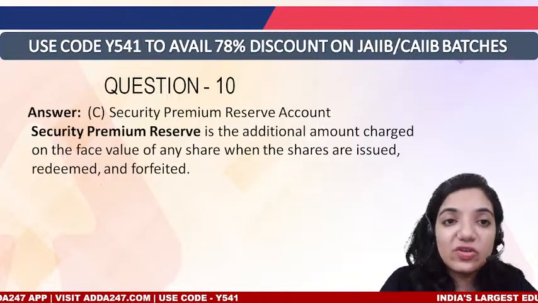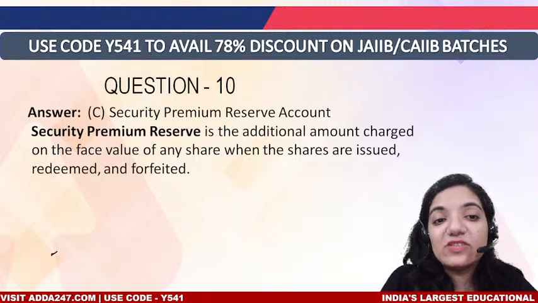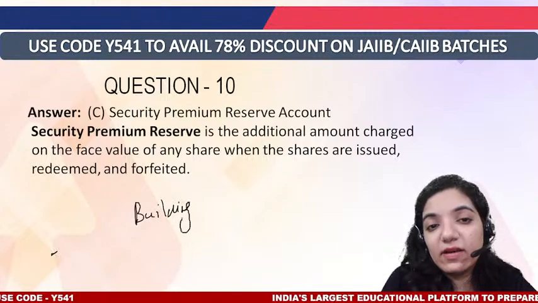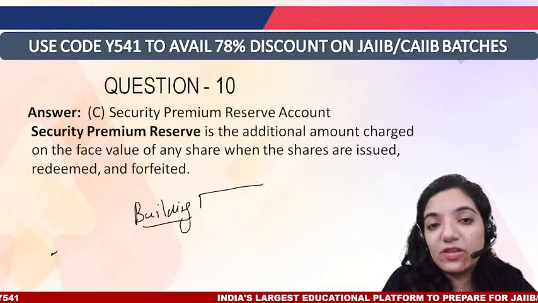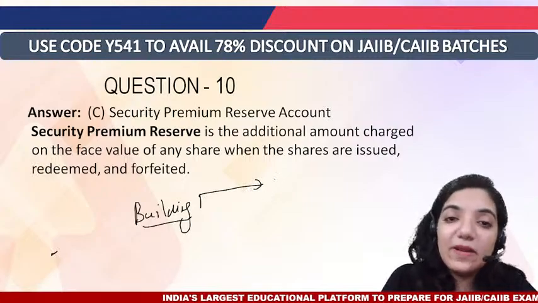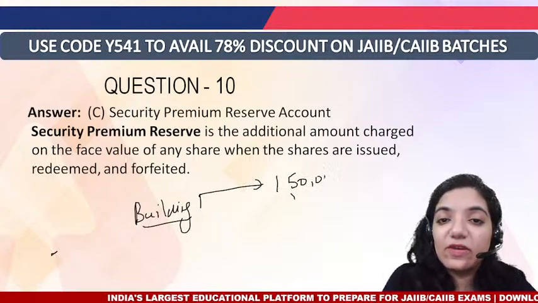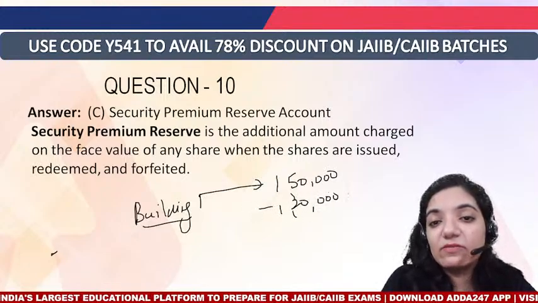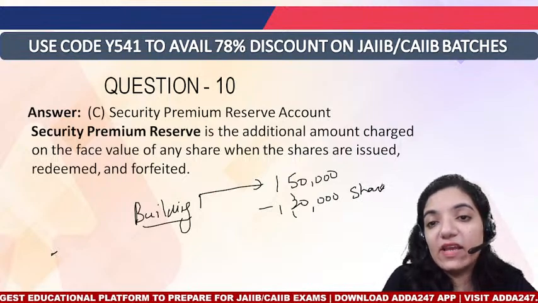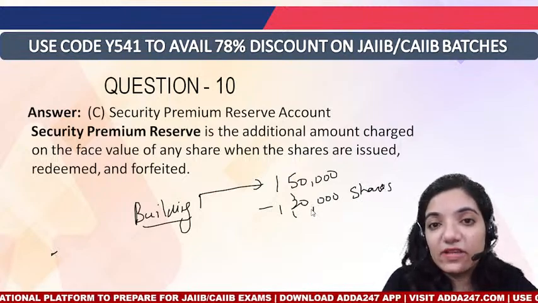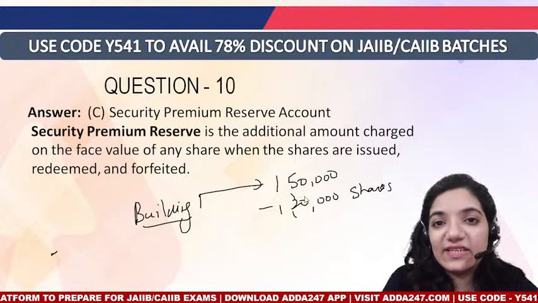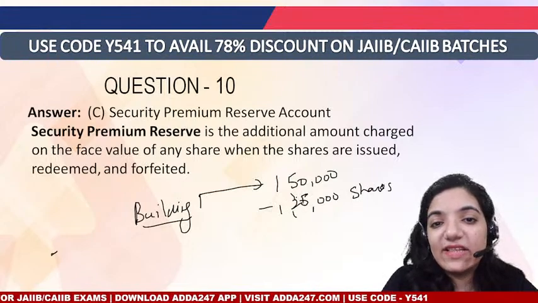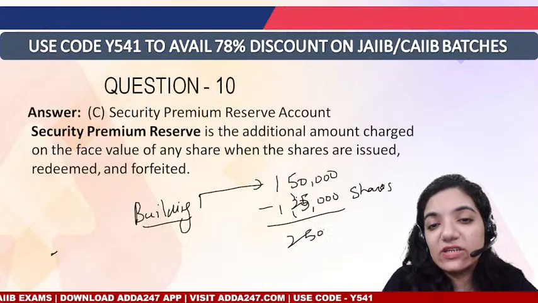So in this case, what has exactly happened is, say we bought a building. As soon as we bought a particular building, the building was worth rupees 1,50,000. For this building, they have paid 1,20,000 in terms of shares. And nothing has been stated how it is settled. So if nothing has been stated how it is settled, whatever is left, that is 25,000, is